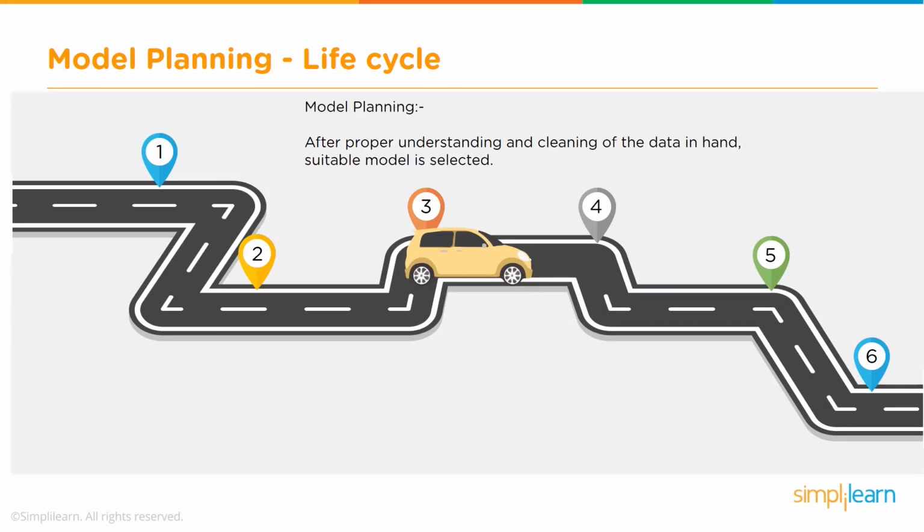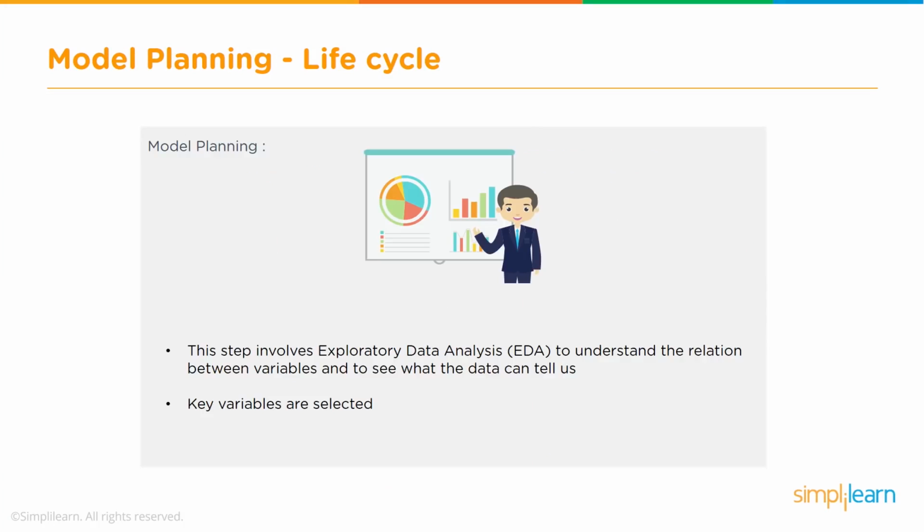Then the next step is model planning. Now these models can be statistical models, this could be machine learning models. So you need to decide what kind of models you're going to use. Again, it depends on what is the problem you're trying to solve. If it is a regression problem, you need to think of a regression algorithm and come up with a regression model. So it could be linear regression. Or if you're talking about classification, then you need to pick an appropriate classification algorithm like logistic regression or decision tree or SVM, and then you need to train that particular model.